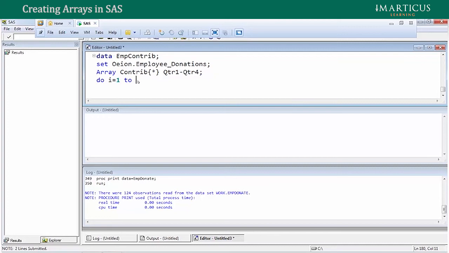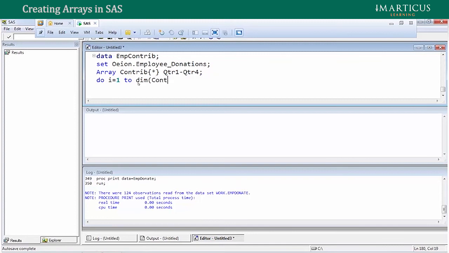So in this case, there's an array function called dim. If you remember, in our previous session we discussed lots of functions. There is also a category called array functions, where we have this function dim, which can easily return the length of the array for you, that you can use as the stop value by this loop. So I say do i = 1 to dim(contrib),